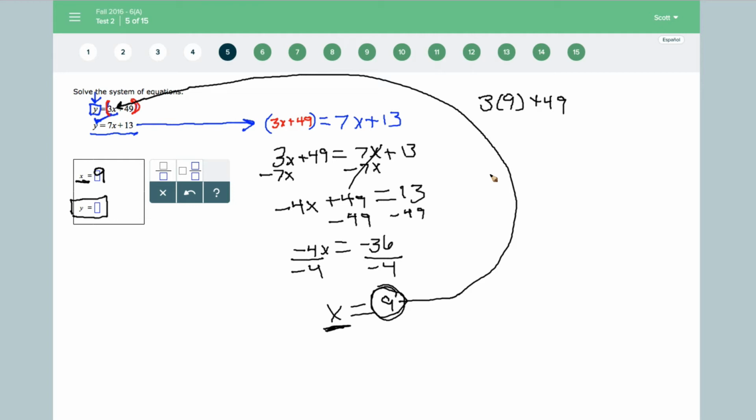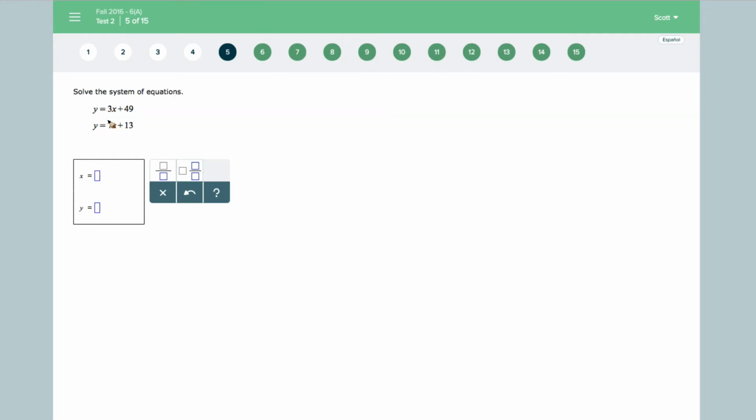And that gives me 76. So my y is 76. And that's how you do these types of problems. Especially if they're solved for y, you just take one and plug it into the other. Doesn't matter. You can take the top one and plug it into the bottom one, where they're not both solved